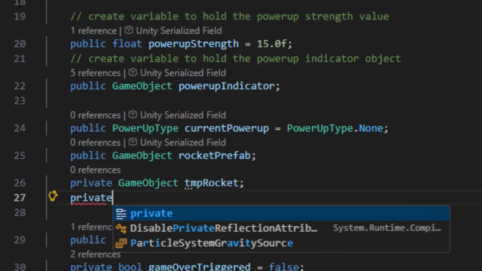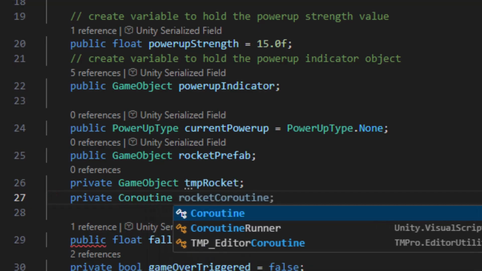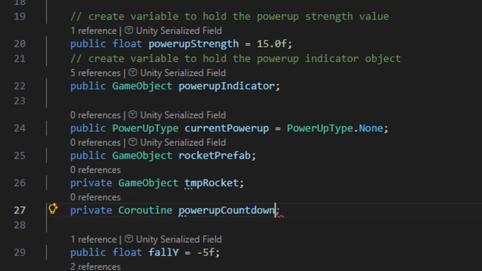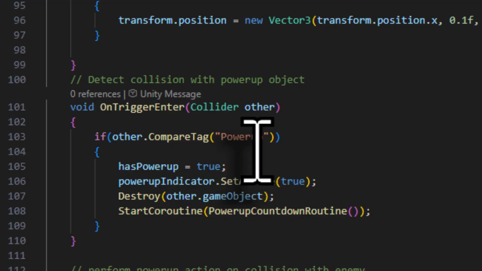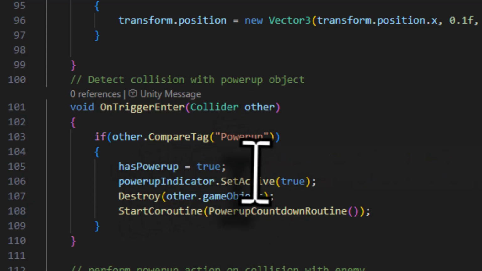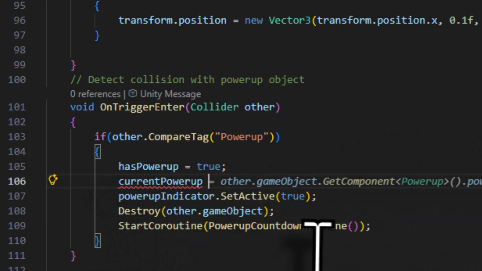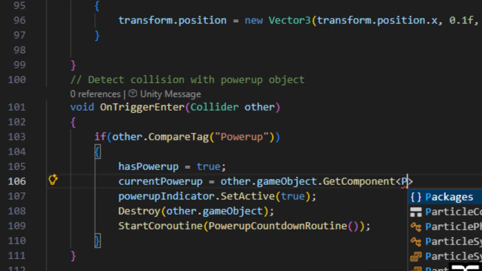Finally, I will declare another private, and the type of this variable is Coroutine. We had discussed this in our previous session, and we will call this powerupCountdown and end it with a semicolon. With these 4 variables declared, I will next move down to OnTriggerEnter. We have to now add a new logic here. If you come in contact with a PowerUp, hasPowerUp will be set to true. I have to now set my currentPowerUp value equal to other.gameObject.GetComponent, in lesser than greater than sign,